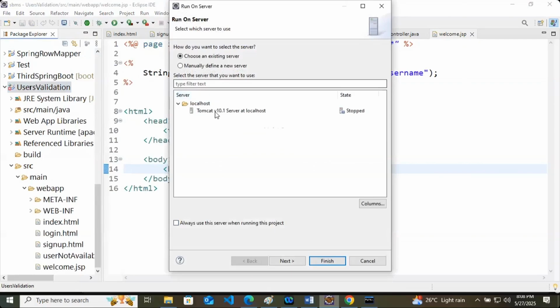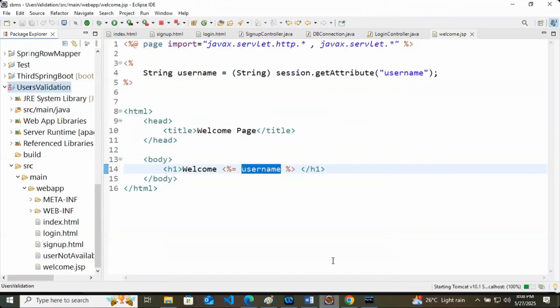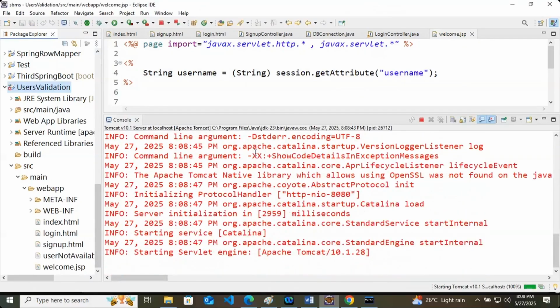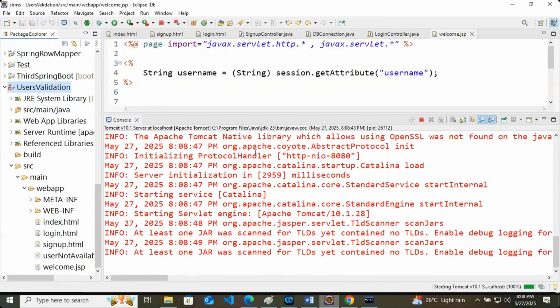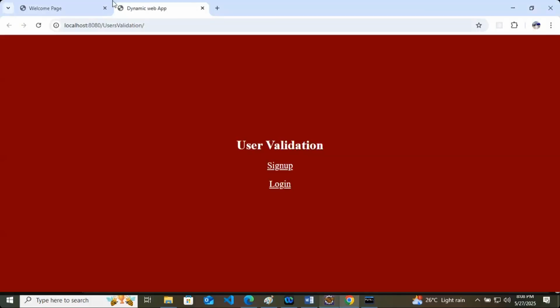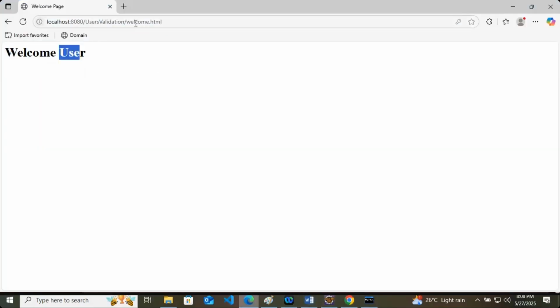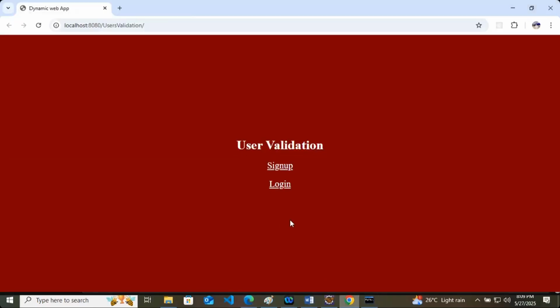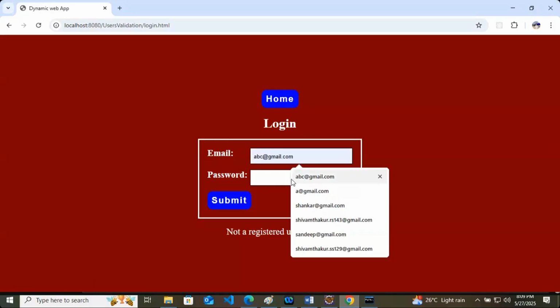By the way, all these things are very easy in Spring. We don't have to do this much. So let's try to log in here. We will put the email ID.